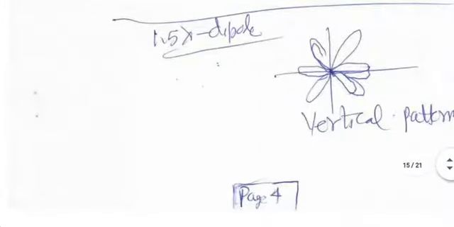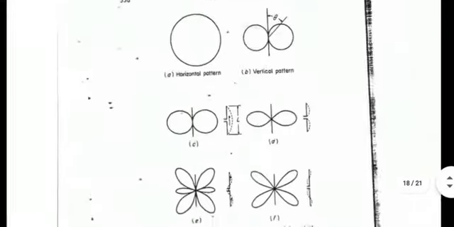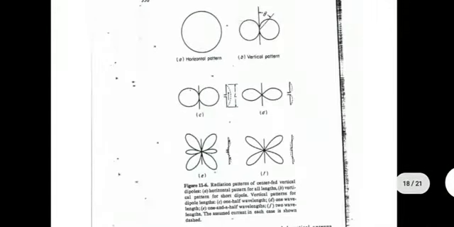And for bigger dipoles, you start seeing funny behavior. I've got this previously also in this stuff. 2 lambda dipole is even more complicated and so on. I'll show you a comprehensive diagram soon from the book itself. This is again what we have seen previously. So let me move forward. Yeah, this is from the book itself. Very accurately drawn compared to the sketches that I have shown.